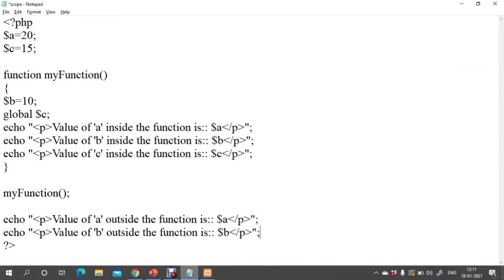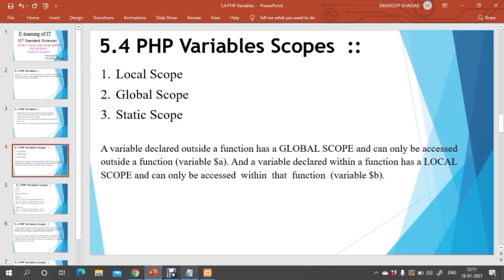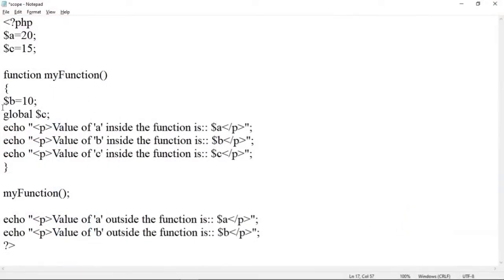Okay, so global variables are accessed outside of the function, and a variable declared within a function has a local scope and can only be accessed within that function. For example is variable b, that is within a function my function we have declared a variable $b with value 10, which is a local variable. So this is local variable and it can access within this function only. This is a global variable declared outside of the function which can access outside of the function only.